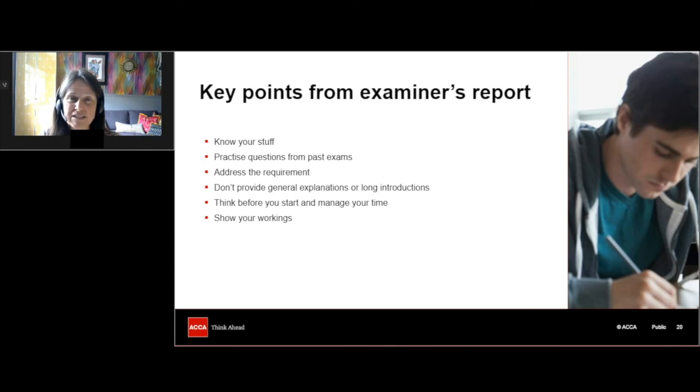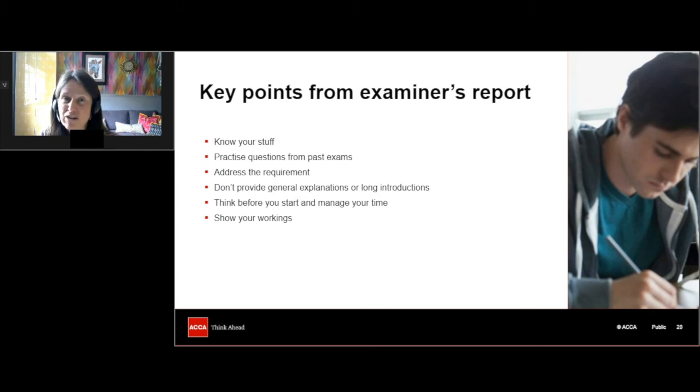Make sure that you practice questions, and as you're practicing questions, get used to looking for clues. Everything that's written in the information is probably there for a reason. Does it tell you about a relief? Does it tell you that you need to calculate capital allowances? So try to get used to looking for those clues and those hints.